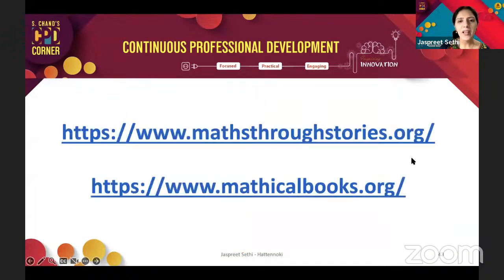So if you want to find some more math stories, you may look up these resources, Math Through Stories or Mathical Books. These are some great resources to get at least an idea of the book and the theme and the age relevance. And if you have a library that can give you access to these, great. If you can, please invest in the physical copy. But if not, you may get onto YouTube and look at some of the read alouds for these stories if they're available.